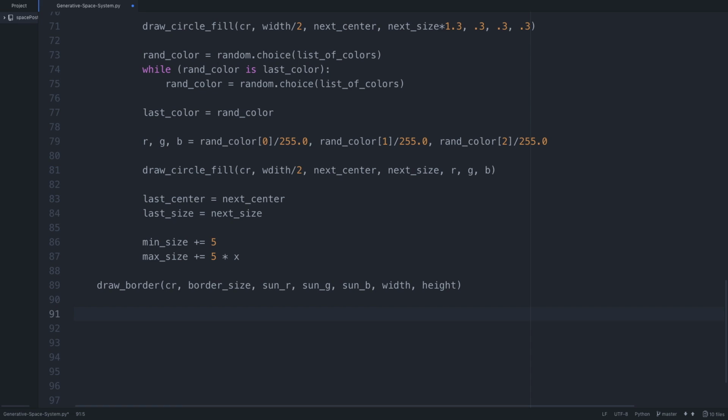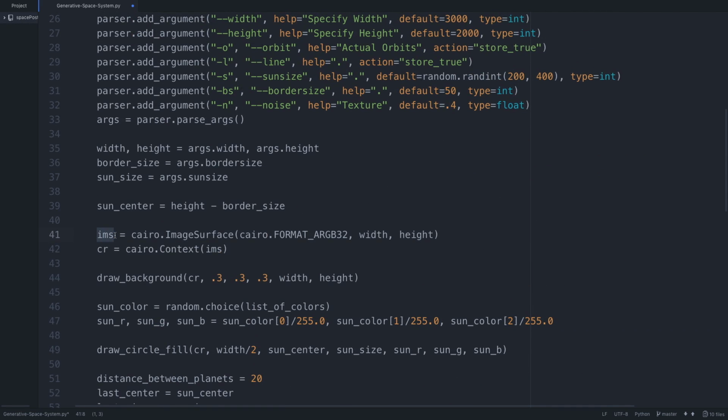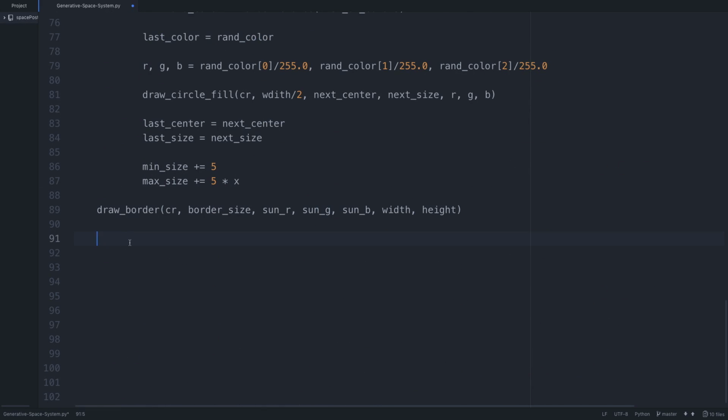Okay. As far as the image goes, it's drawn. It should be available. Now it just has to be saved, and we're going to add that texture that I talked about. So we have that image object that we set up before. This right here, this image surface. That's actually what we're going to use to save. So we're going to say ims.write_to_png. And we're going to call this